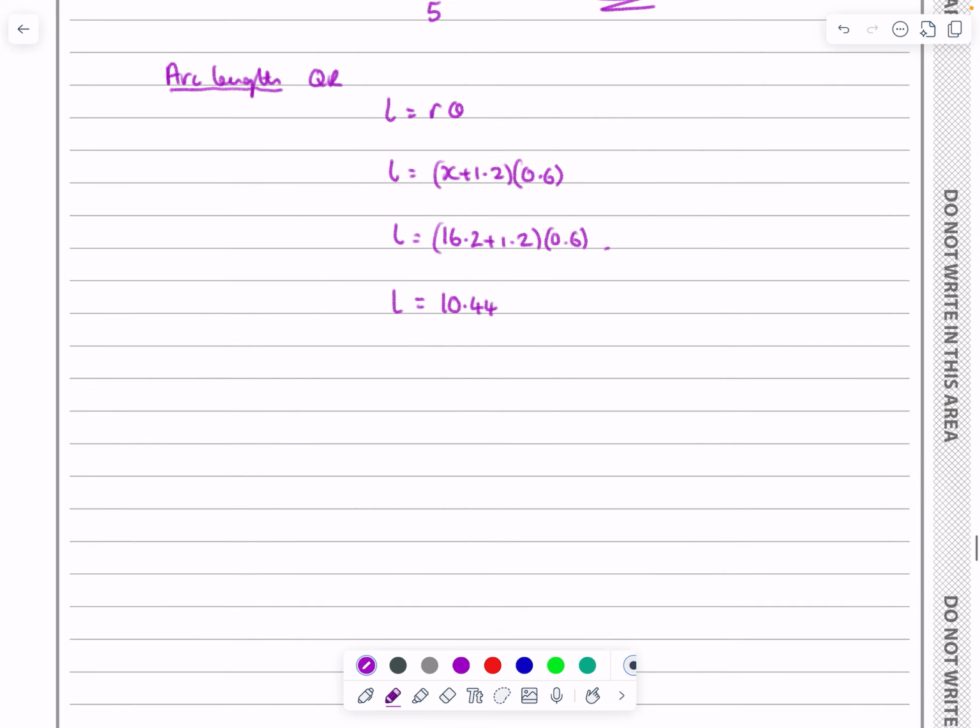And so my perimeter then is going to be equal to x plus x plus 0.72 plus 10.44, which for me then works out to be 16.2 plus 16.2 plus 0.72 plus 10.44, which I then made